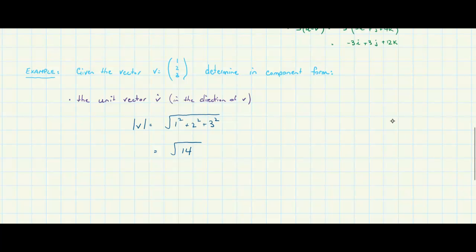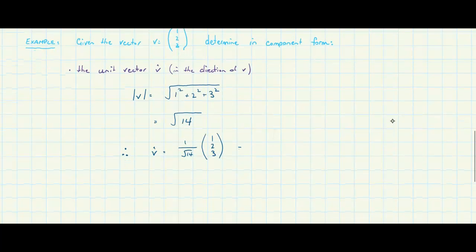So therefore, the unit vector v will be equal to 1 over the square root of 14 by 1, 2, 3, which we can write as 1 over square root of 14, 2 over square root of 14, 3 over square root of 14